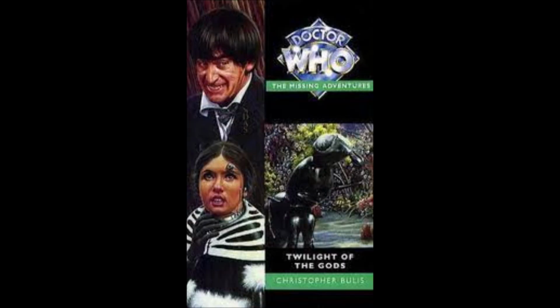The next book is Twilight of the Gods, which is Christopher Bulis again. It's a second Doctor, Jamie and Victoria story. I think this is actually a sequel to The Web Planet. I don't think I've ever read this, so...